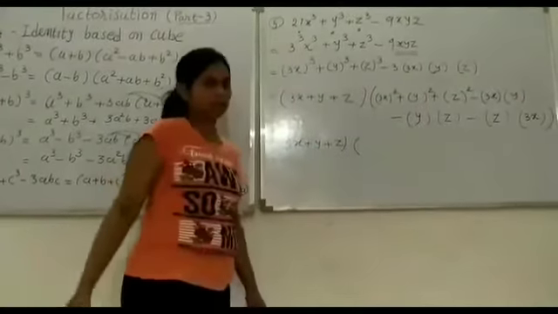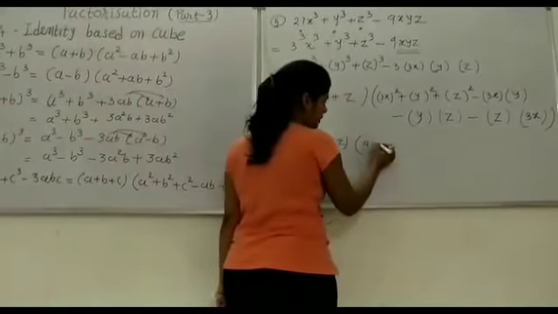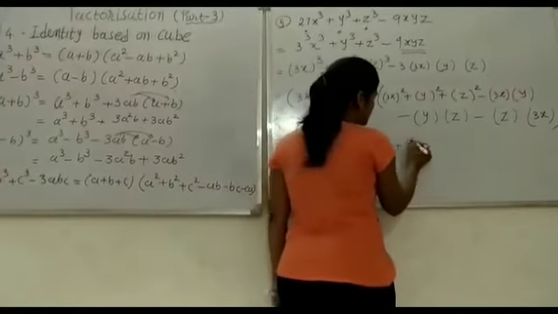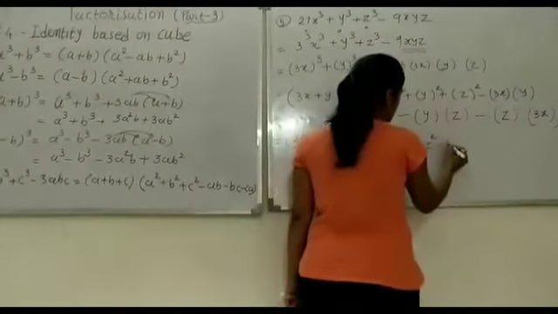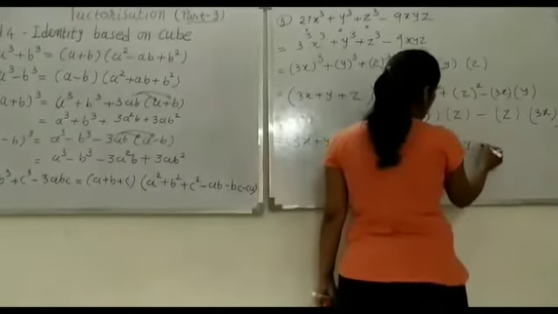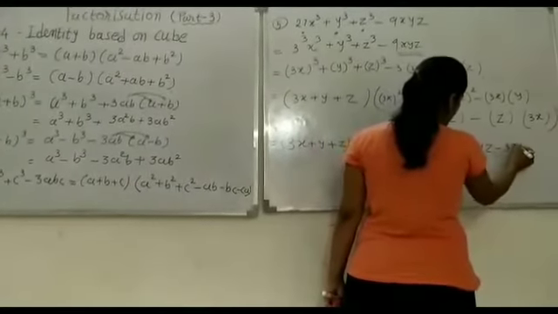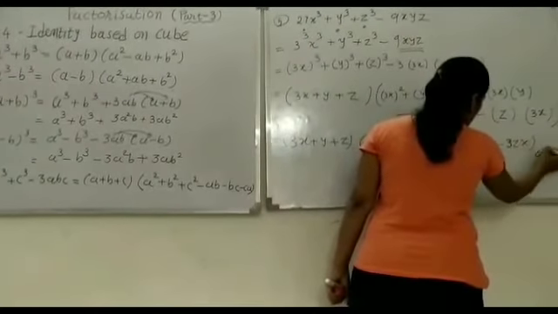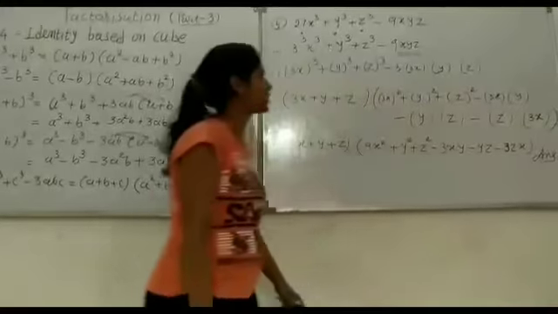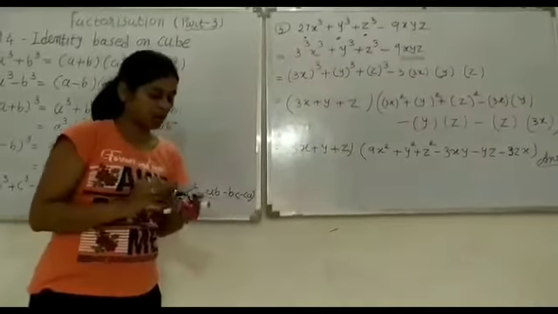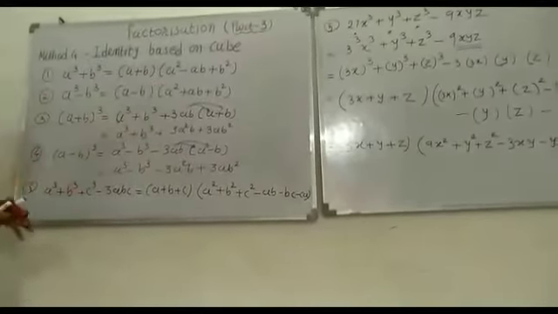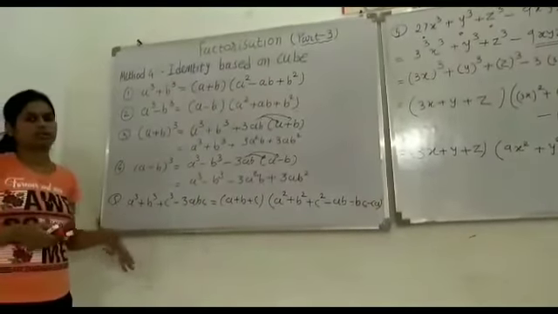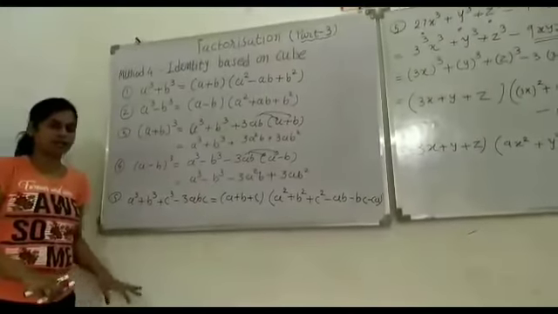Now this becomes 3x plus y plus z. Now remove the inner bracket. 3x square, that means 3 square x square, so 3 square is 9. Now y square, z square, minus 3xy minus yz minus 3zx. So this is your answer, the expanded form of this. Now how can you decide easily? You have to arrange according to our question which identity is suitable. Then you can easily